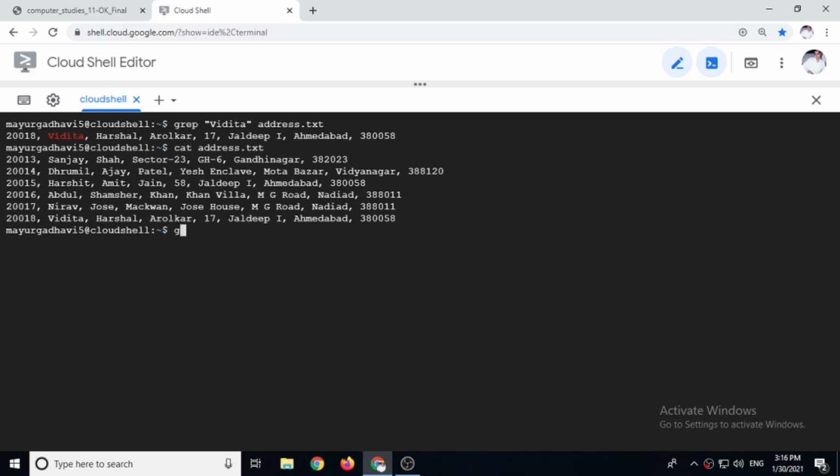So let's use the grep command. grep -c Vidita address.txt. So here it shows 1. It means from the file, only once this word is written. So this way we can find out how many times the word Vidita is written. So here remember, c means count.